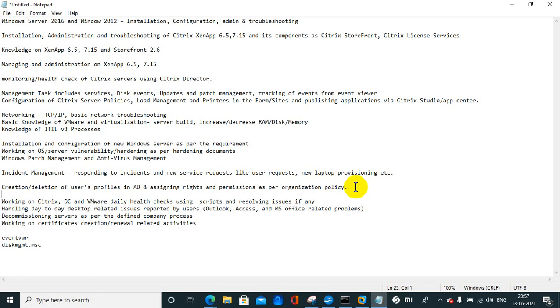First you need to tell the user to log off for 5 minutes. In between you need to rename the profile, and then the user will log in and will be able to access the application. If the client is not installed, you need to reinstall the client. Either you are responsible to install the client, or you can move this to the desktop team, and the desktop team will install the Citrix client on the user's laptop or desktop.